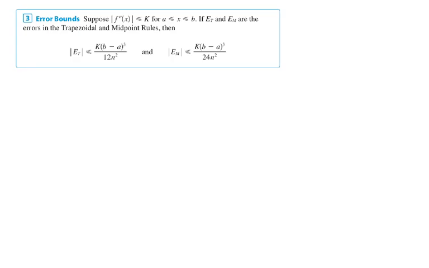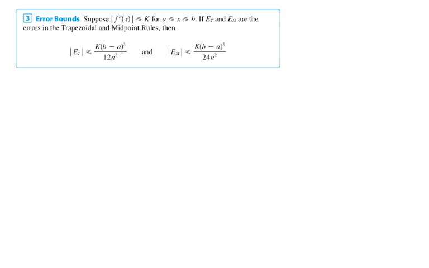So here you see the formula for the error bounds. It says the absolute value of the second derivative is less than or equal to k for A is less than X, which is less than or equal to B. If the error from the trapezoid rule and the error from the midpoint rule are the errors respectively, then you have formulas here. So let's look at how this works. We have the error with respect to the trapezoid rule. Now, A and B are your bounds, and N is your number of rectangles that are given to you, or